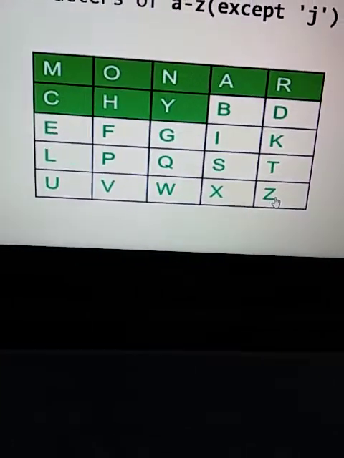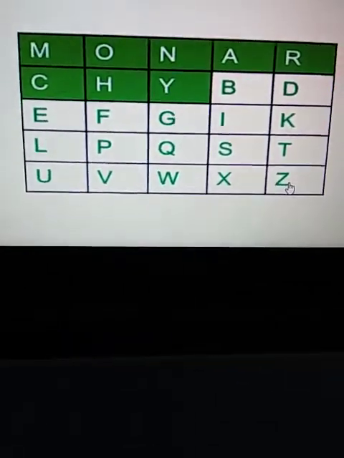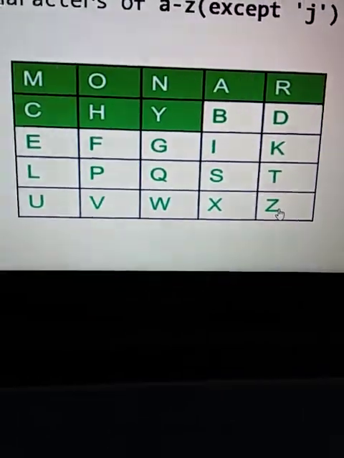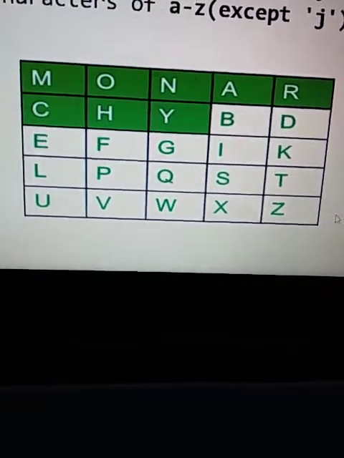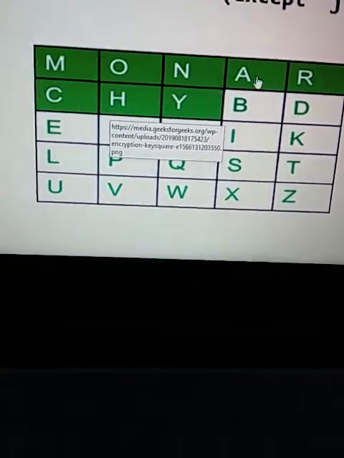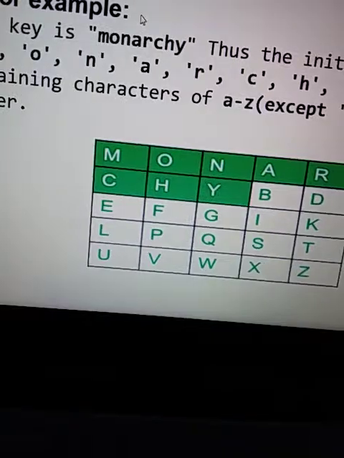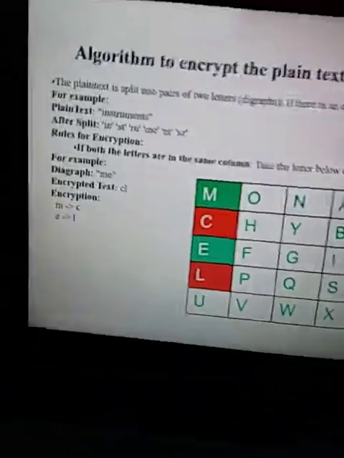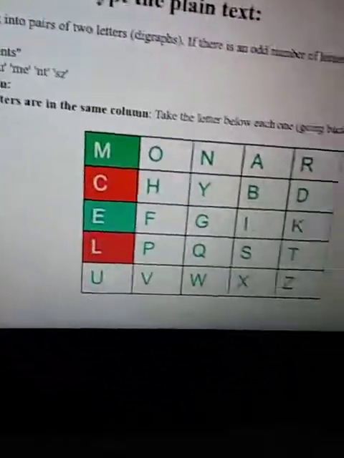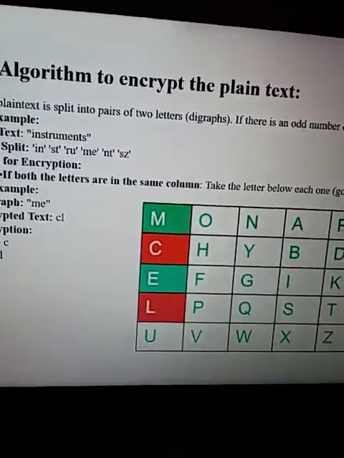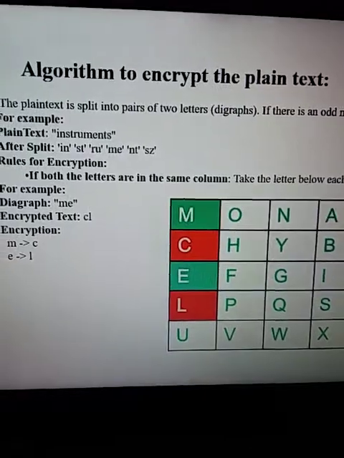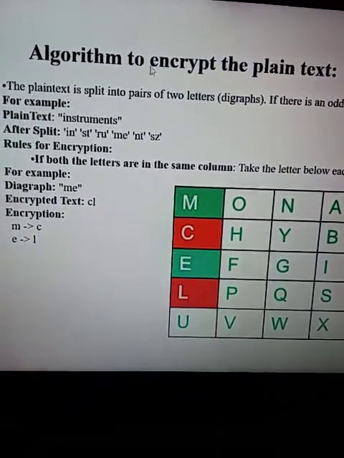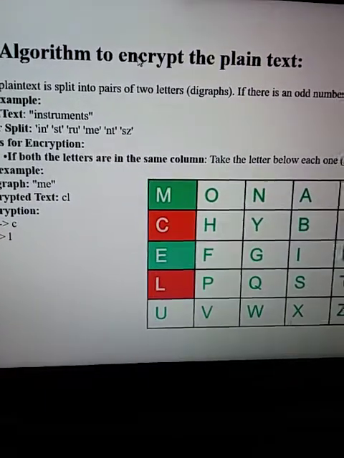So this is the first step. We fill this 5 cross 5 grid with the unique alphabets. These cells here are the key which we have chosen. And the next step is the algorithm. We are going to apply the algorithm to encrypt the plain text. Plain text is the original message to be transmitted, and encryption converts that plain text